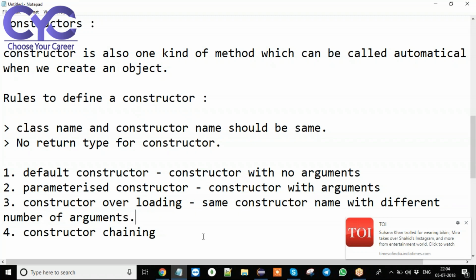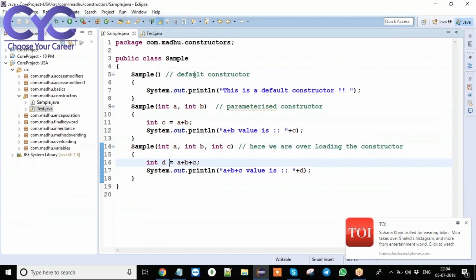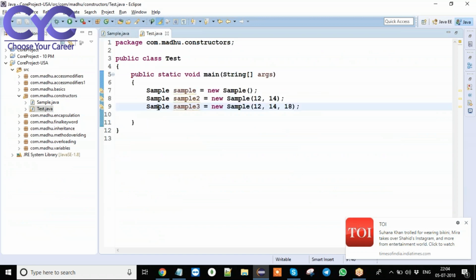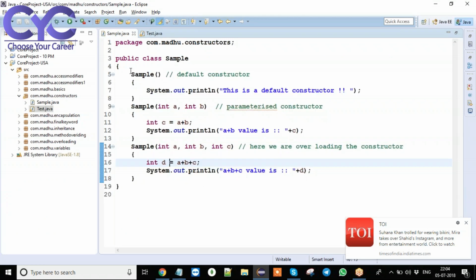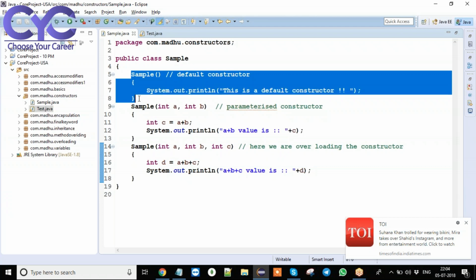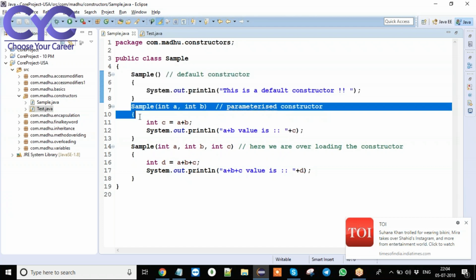Now what is our intention? In order to call all the constructors, I want to create only one object. Listen carefully, we have a default constructor, and I want to call this default constructor into this two-argument parameterized constructor.